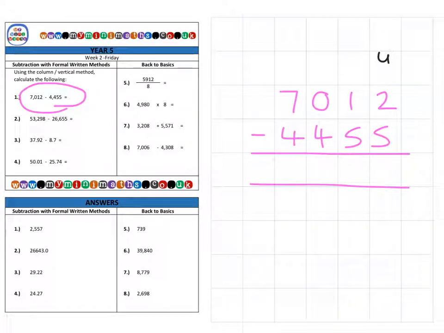So units first. 2 subtract 5 we can't do, so we're going to borrow from the tens column, so we have 0 tens left now, and bring it over to the units, and we have 12 units subtract 5 units to give us 7 units. Then next we've got 0 tens subtract 5 tens, which we can't do, so we're going to borrow from the